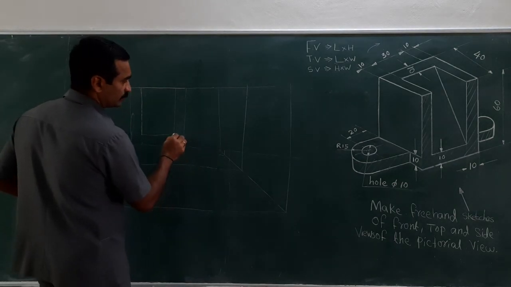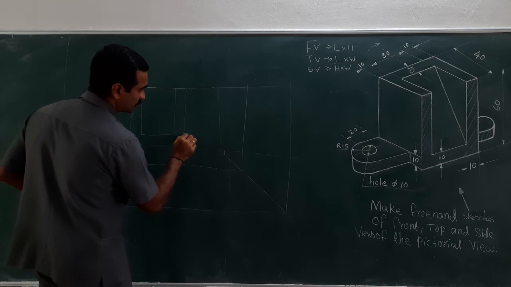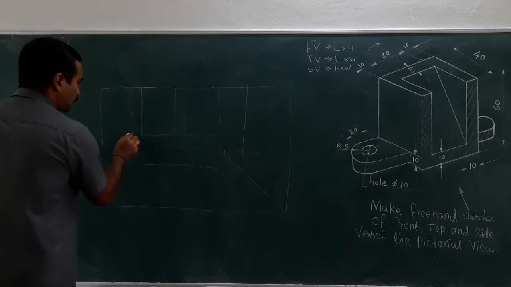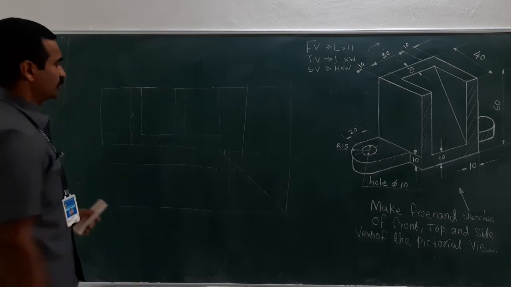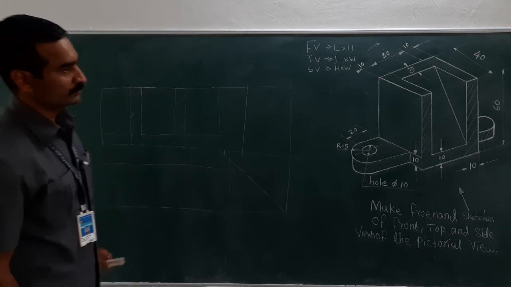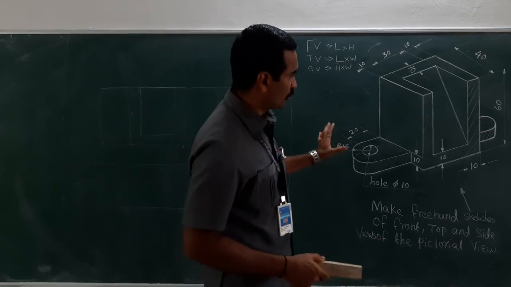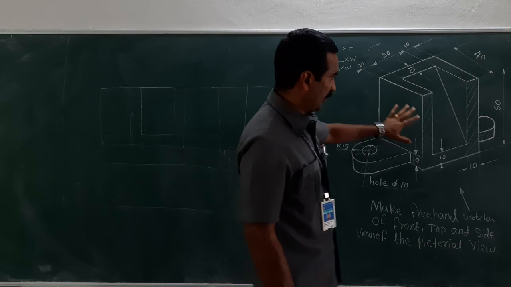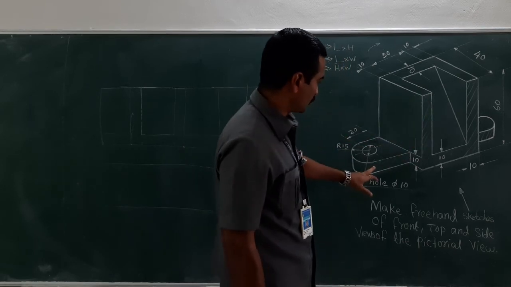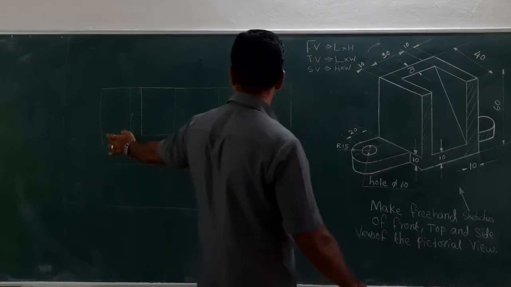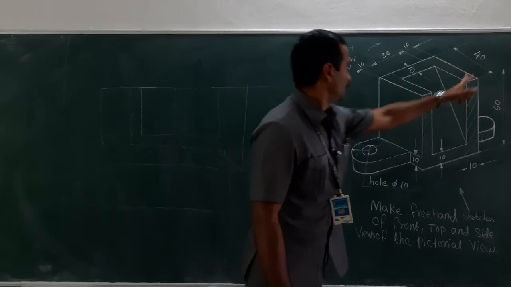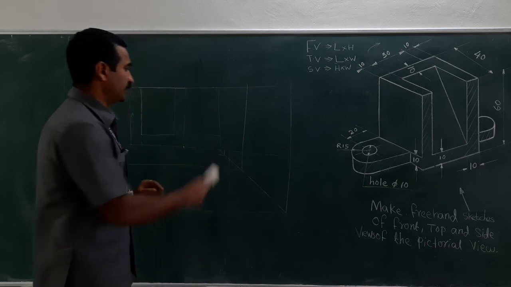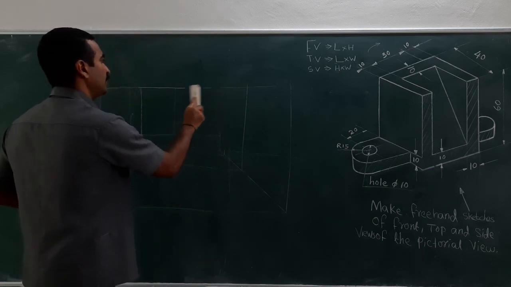So 10 mm is already there. So let me just extend this, right? Similarly for the left hand side also extend it, right? So before you proceed to the next view, that is top view, you just check if anything is missed out. The first one drawn here, this portion has been captured and this portion also been captured here. So the rest can be erased off,